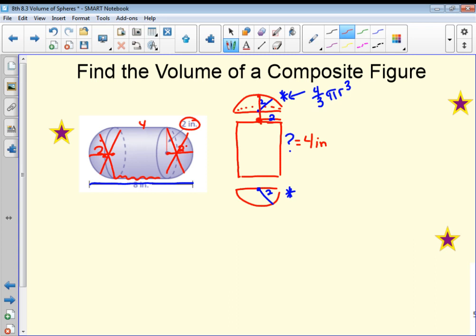Okay, so we're going to use pi times radius squared times our height. All right, let's go ahead and get the answers to those. So my 2 hemispheres I just add together, so I'm not going to do the divide by 2. My radius was 2, so I like to cube that first. 2 times 2 times 2 gives me 8, times 3.14, times 4. And then I'm going to divide by 3 because that's my 4/3. Now, if I just had one hemisphere, I would divide by 2, but I have 2 of them. So between my 2 hemispheres,